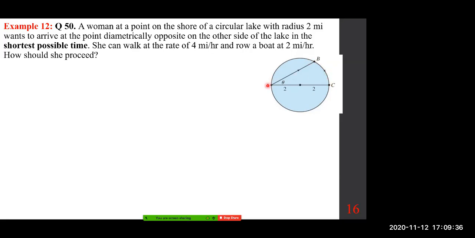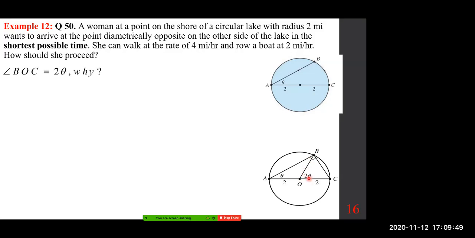So AB and BC. By the way, BC would be the arc, S equals R theta. First of all, this is 2 theta because it's a central angle. I hope you realize if this is theta, this is 2 theta. This is a central angle against the same arc,